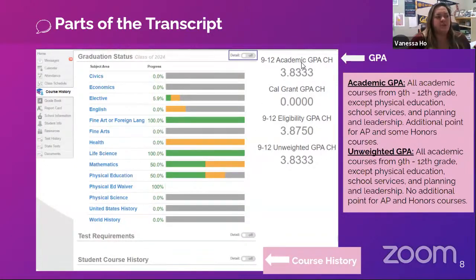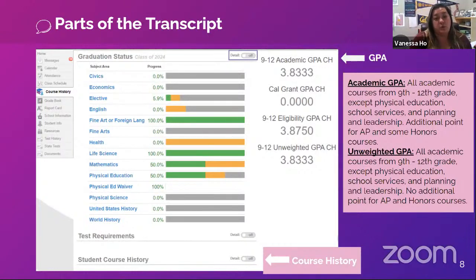And just a quick note on that, there are actually 4 different GPAs. I would say don't worry so much about the Cal Grant one at this point. That is more applicable when they're seniors, and it takes specific grade levels and looks at specific classes that are then sent to the state for eligibility for grant status for college financial aid. The eligibility GPA is what we use. We look at every single grade that students have on their transcript,